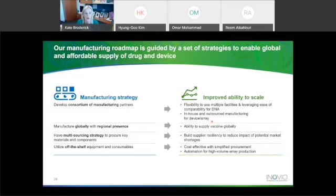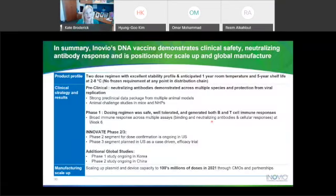And so we've been working very diligently over the last 12 months to really build up a global presence of manufacturers all over the world so that we can produce and supply vaccines locally, regionally, globally. Yes, it's also a very cost-effective process as well. So let me just move on to here. So as I mentioned, our vaccine will be a 2-dose regime with excellent stability profile. As I mentioned, we've generated preclinical